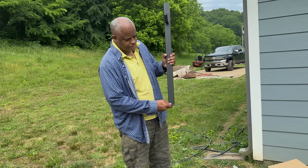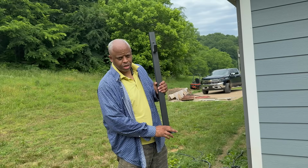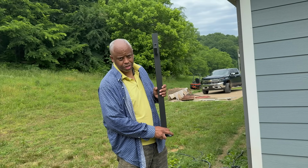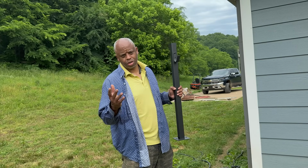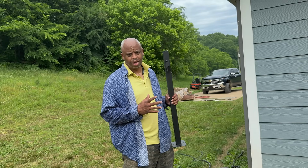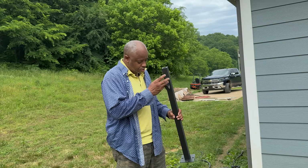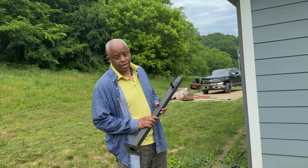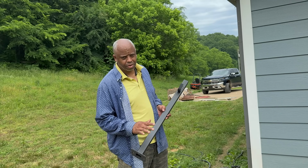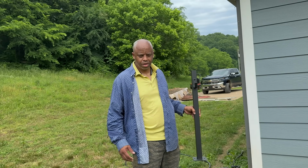Now, they're saying that this should be down in the ground 14 inches. The first 4 inches you should put rocks down in the ground, they're suggesting, and then use the other 10 inches and pour concrete in it. So we're going to try to stay with what they're suggesting, just to make sure that nothing goes wrong. So we're almost through digging the hole. We need a few more inches down in the ground, and then we're going to put some rocks down in there, level it out,